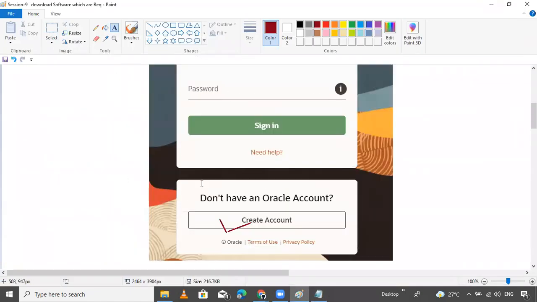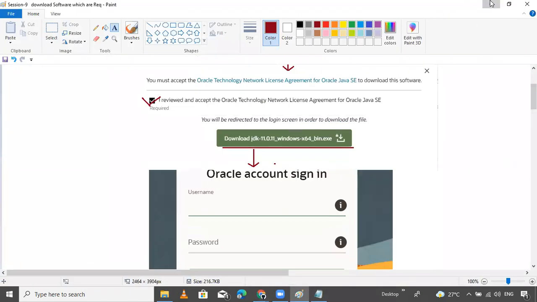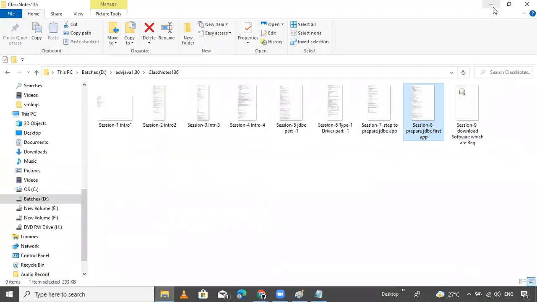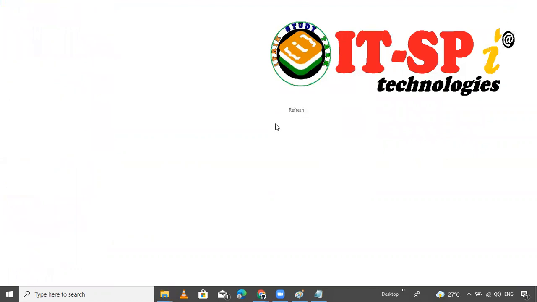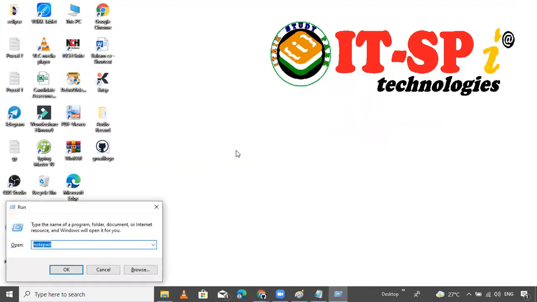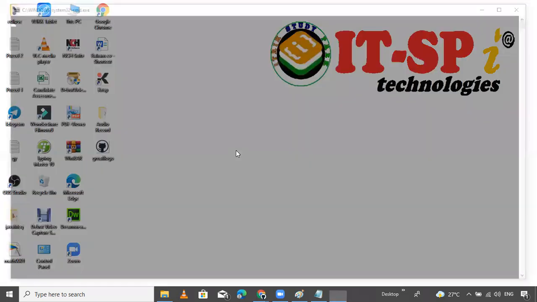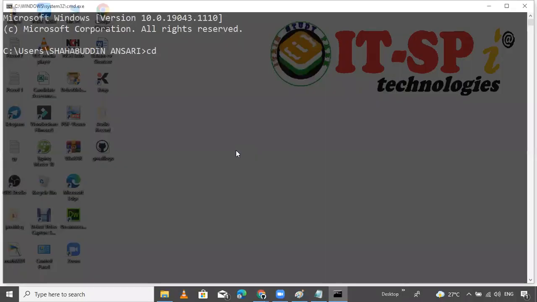Okay. Now I want to install. First of all, how to install? I want to install JDK. So simple. First of all, I want to check whether any JDK is there in my system or not. First check. Open CMD. Now type javac, or java -version, whatever you want.